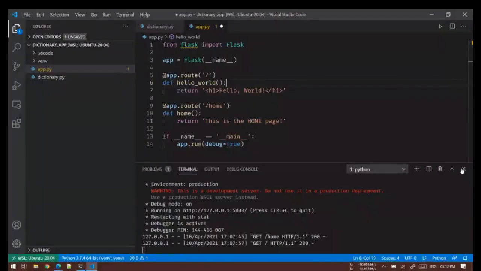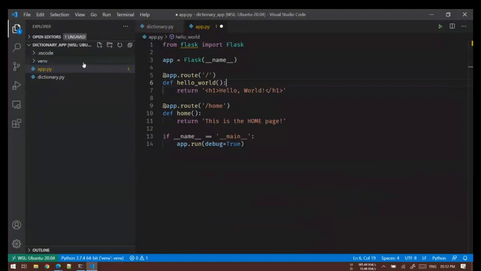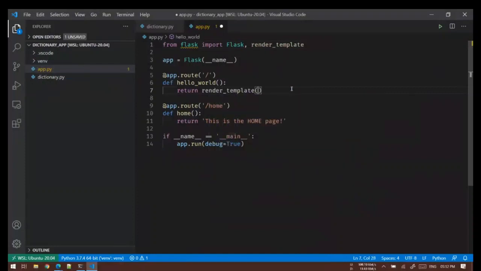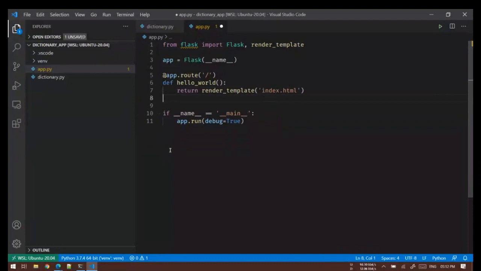So I'll minimize this. First thing I'll do is import render_template from here. Then instead of passing this, I'll say render_template and pass index.html. I'll remove this for now.